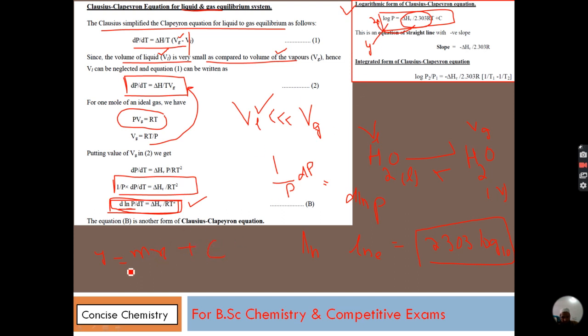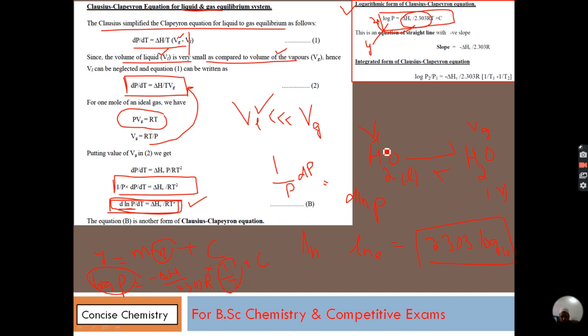So y is your log of p, that is equal to the slope, which is minus delta H by 2.303 R, times x, which is varying, that is 1 by T, plus constant c. So when you plot a graph between natural log of p versus 1 by temperature,